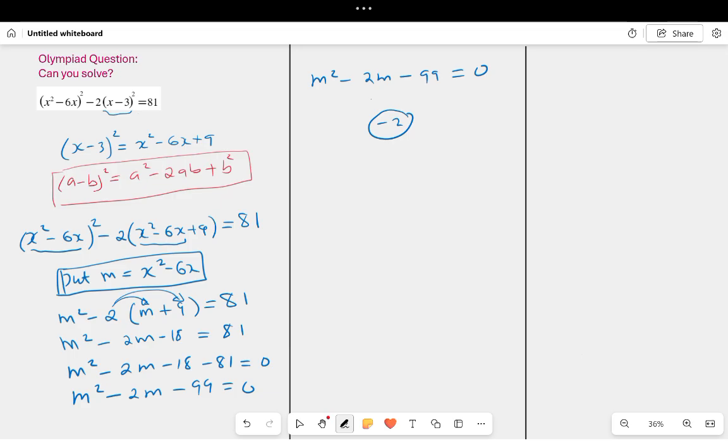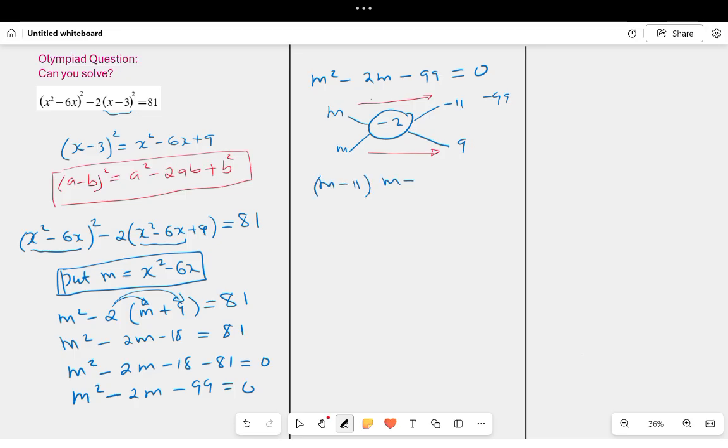But these numbers should be factors of negative 99, such that when I multiply these two numbers, I get negative 99, which is the constant for this quadratic. So for negative 99, the numbers are negative 11 and 9. And then obviously m squared can be split into m multiplied by m. Now trying to link this horizontally, m and negative 11, m and positive 9. Therefore, our factors for this quadratic are going to be m minus 11